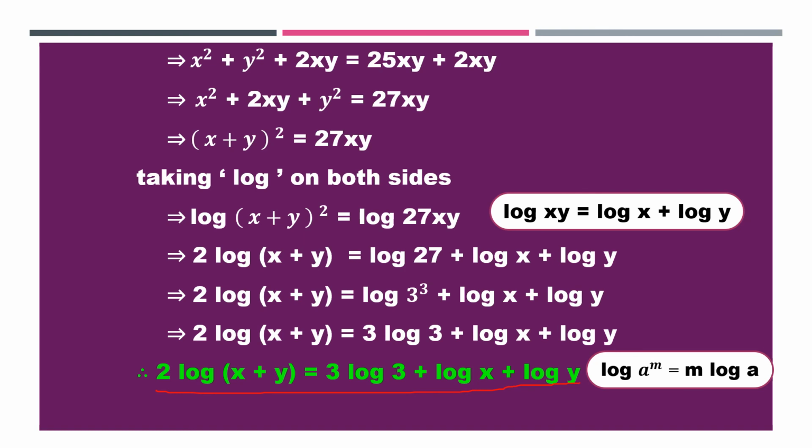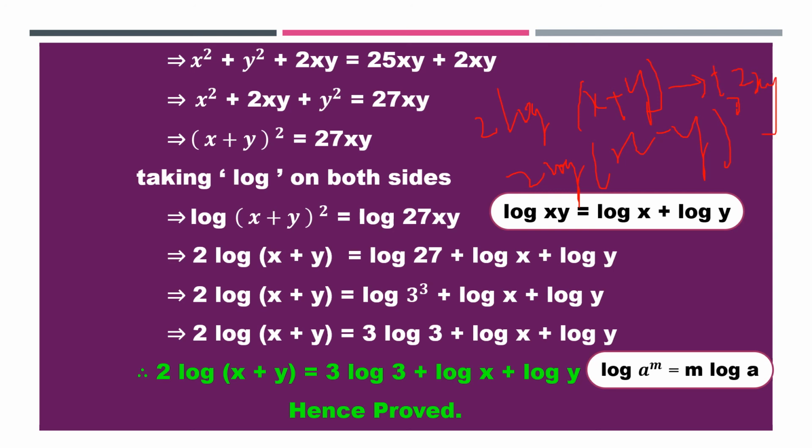So simple thing, see the question: if it is x plus y, you do x plus y whole square. If it is 2 log (x minus y), do x minus y whole square. For x plus y, add 2xy on both sides; for x minus y, subtract 2xy on both sides. After that take logarithm, and whatever number is there, do prime factorization so that you will get 2 square, 3 cube, whatever it is, and give it in your answer. The next problems in this exercise are given in the description, so please follow them for the clear explanation.